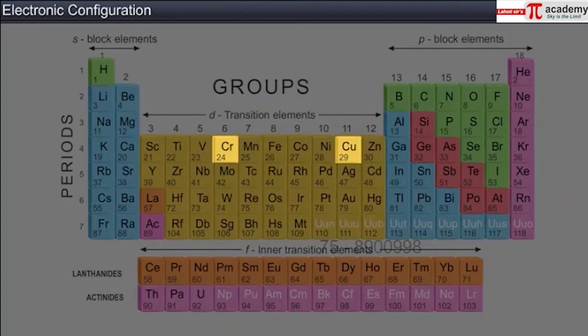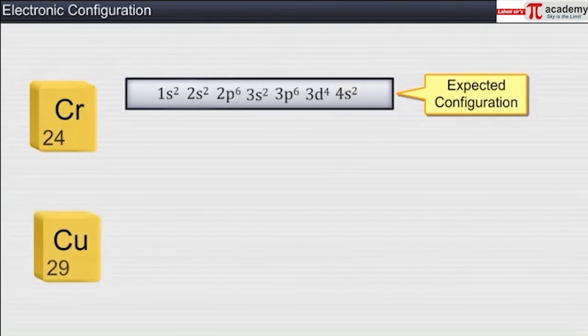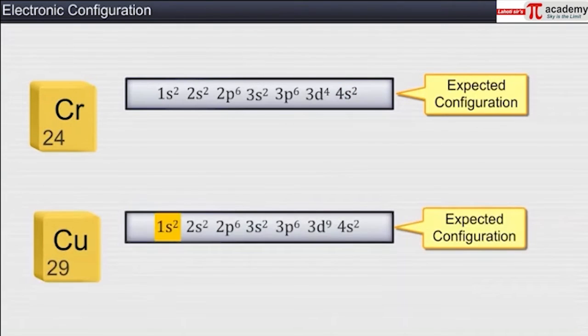The electronic configuration of chromium is expected to be as 1s2, 2s2, 2p6, 3s2, 3p6, 3d4, 4s2 and the electronic configuration of copper is expected to be 1s2,